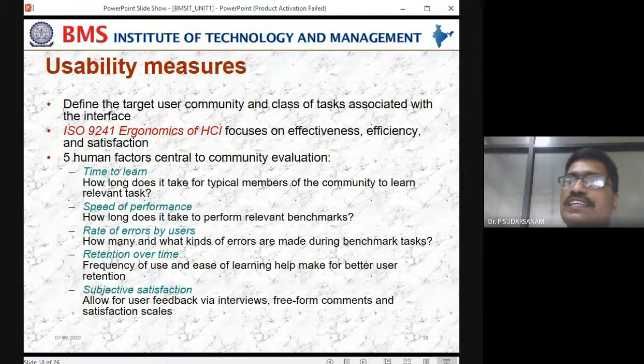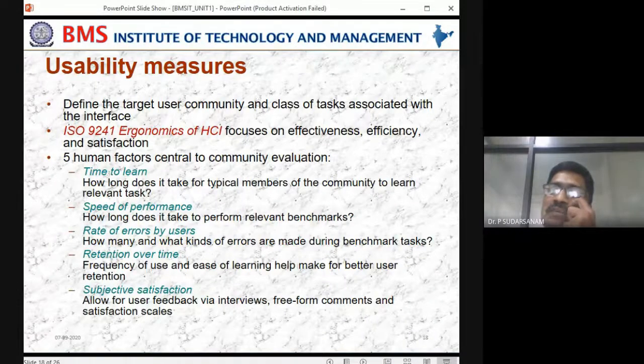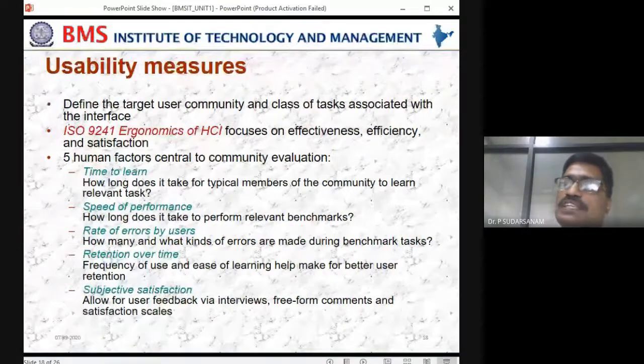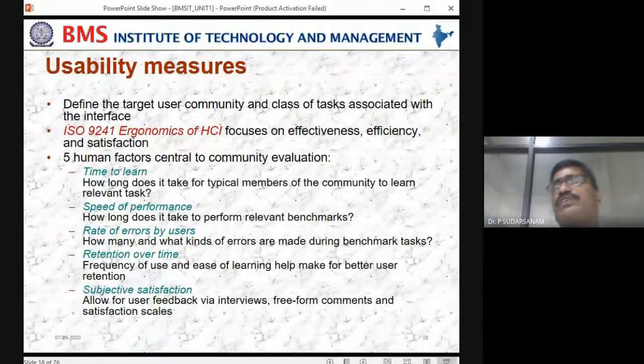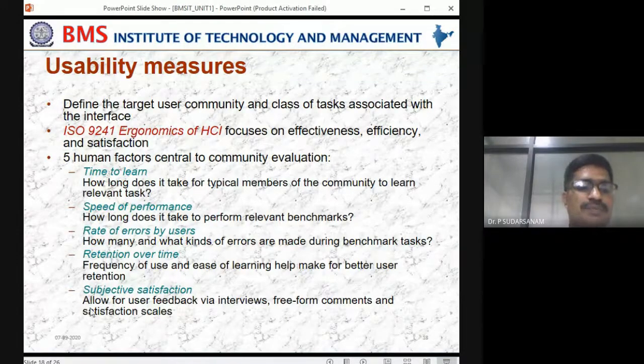Even if errors occur, they are able to find them and rectify them. Because if I develop the code, I know how to change it, and if something goes wrong I can identify the errors immediately. If someone else develops that code, it is very difficult for me to identify and rectify some of the errors. That is the reason retention is also important. So till completion, don't change the people. Next is subjective satisfaction.